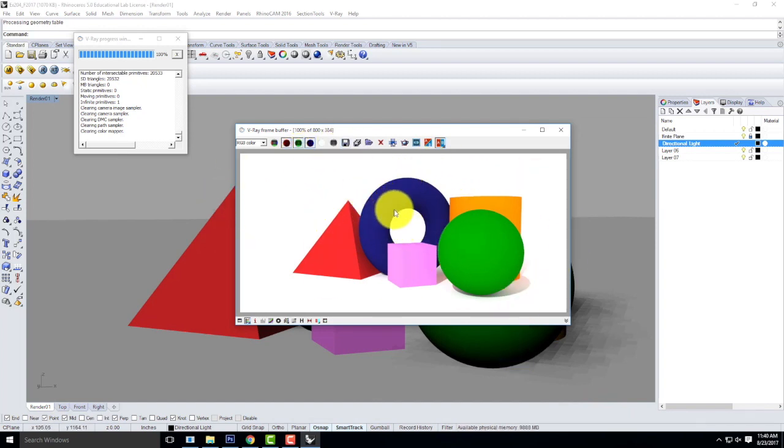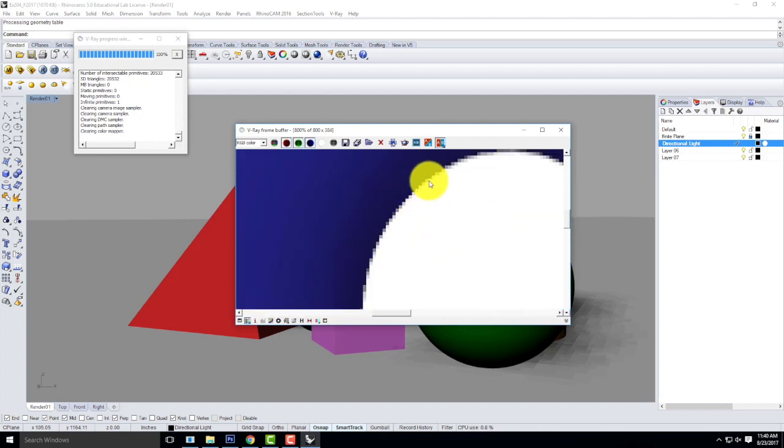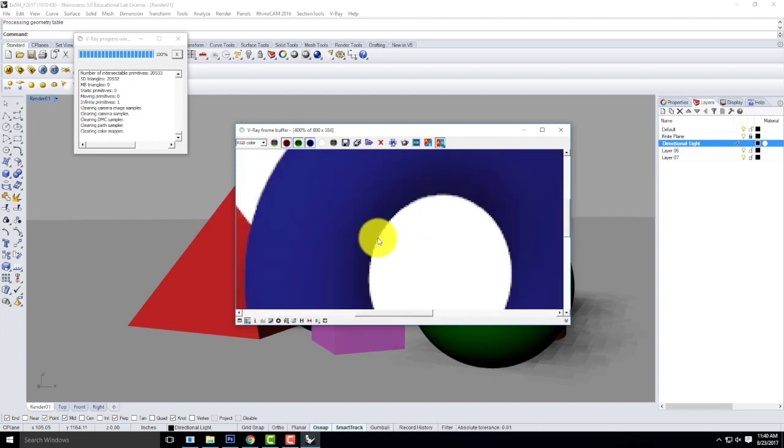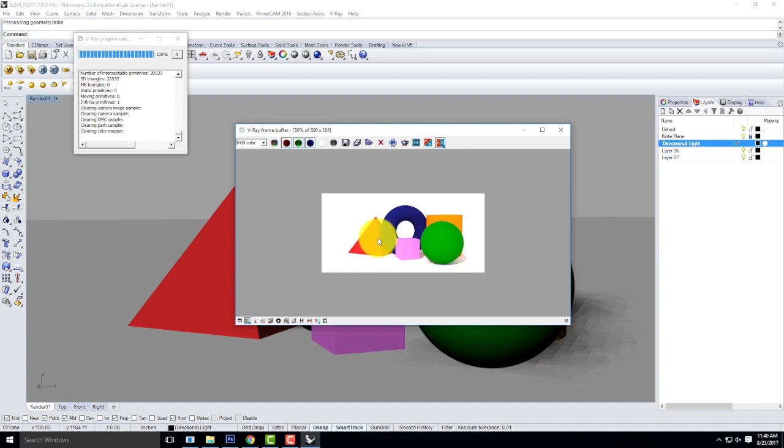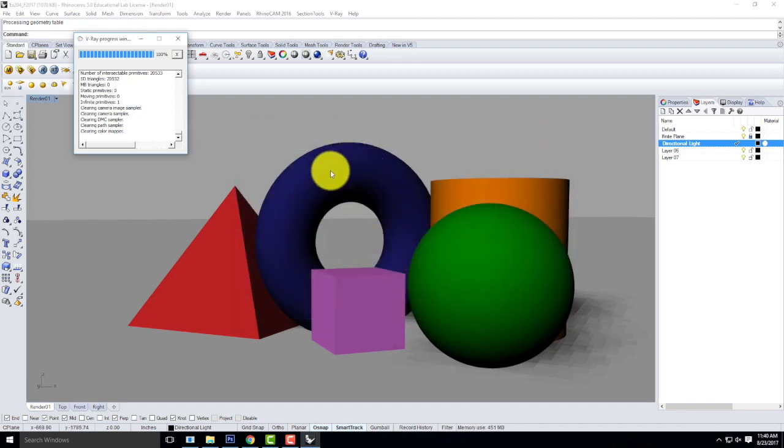We can increase the size of this rendering so that we don't have this blurring along the edges and whatever. But for the stuff that we're creating today, this size is just fine. The other thing that you'll notice is that the renderings are happening fairly quickly in the beginning. As we make these materials more complex, the renderings start to slow down and take more computing power. OK, so we've worked through and we've created